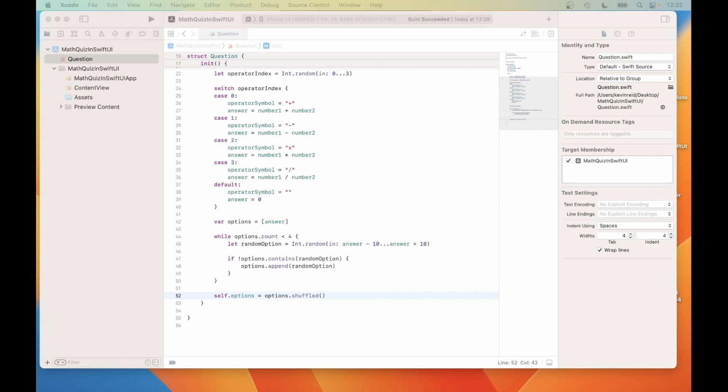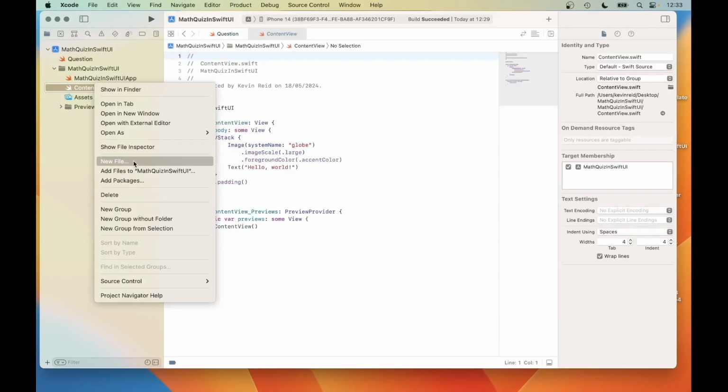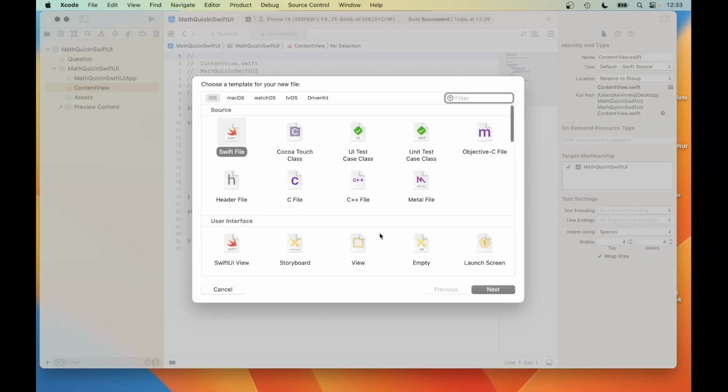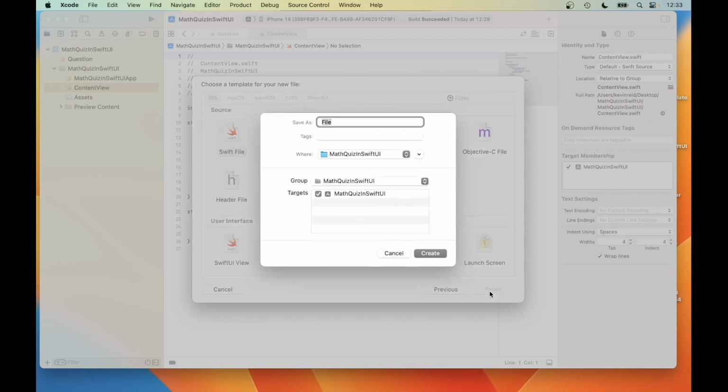The next thing we need to do is to create an extension. The purpose of the extension will be to hide and show when the answer is correct, because each time the user gets the answer correct, they get a point. So create a new Swift file. Call the extension